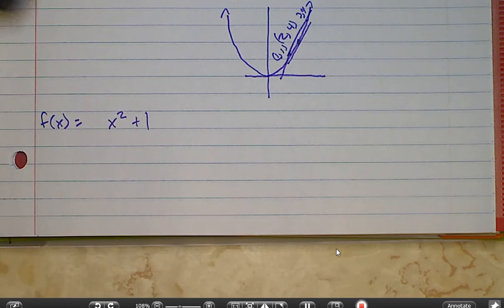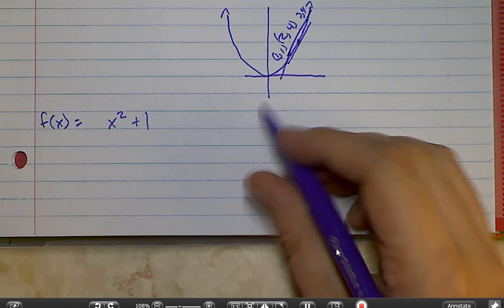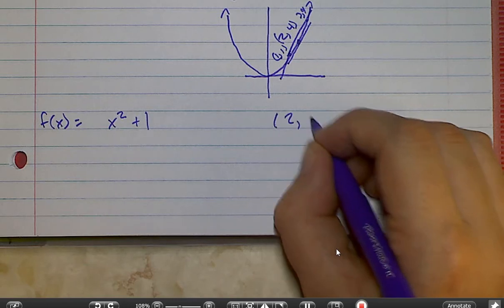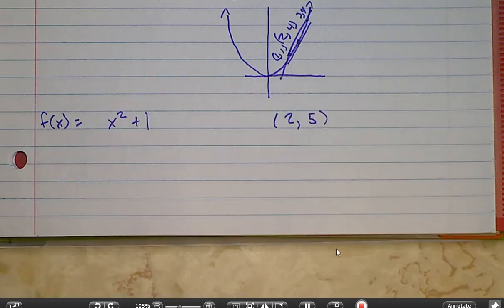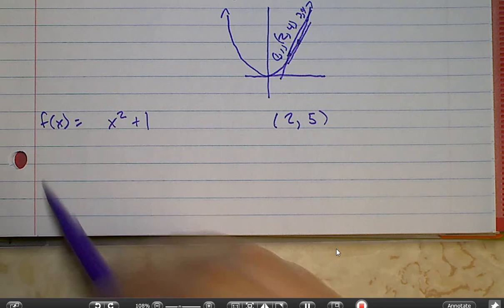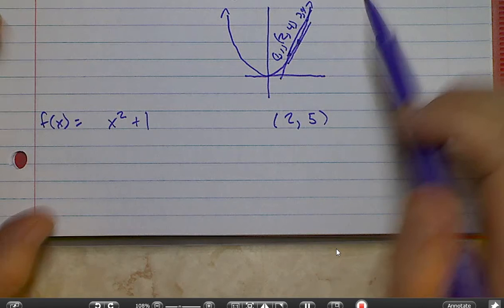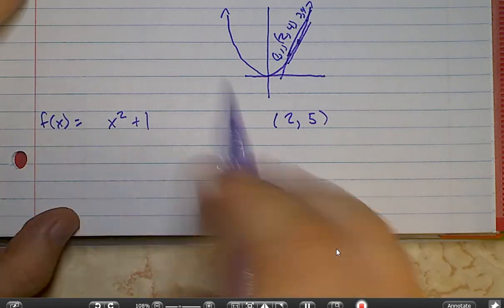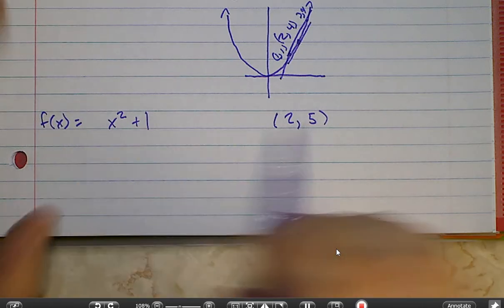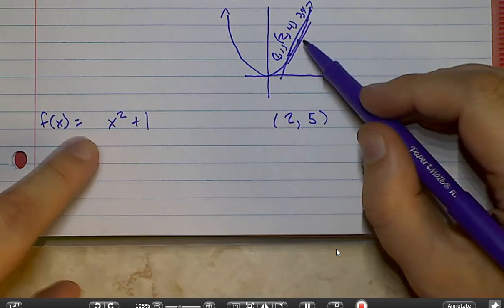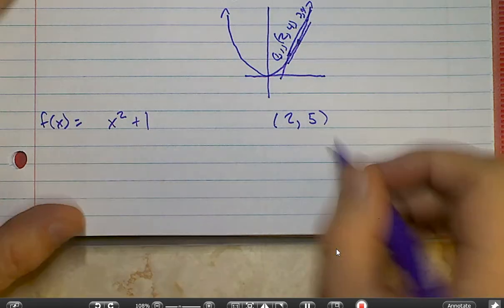I know for a fact this function goes through the point (2, 5), because if I plug 2 in for x, I get 5 back out for y, right? Now, I haven't taught you how to find the slope of a line tangent yet, so we're kind of fumbling at it the way that Newton fumbled at it before calculus was discovered, Newton and Leibniz, before calculus was discovered. So if I want to find the slope of a line tangent here, what I can do is I can, say, take the point